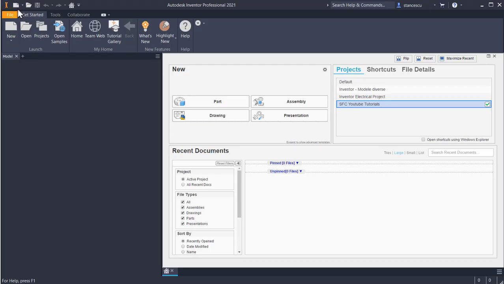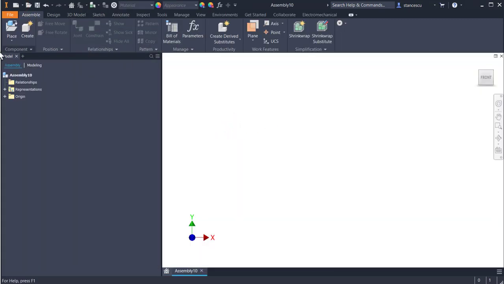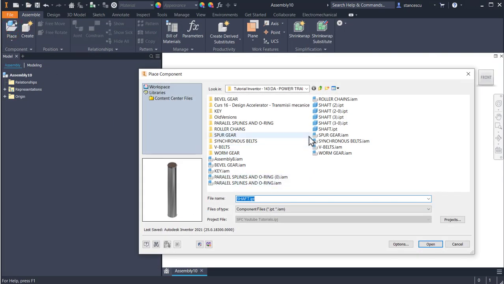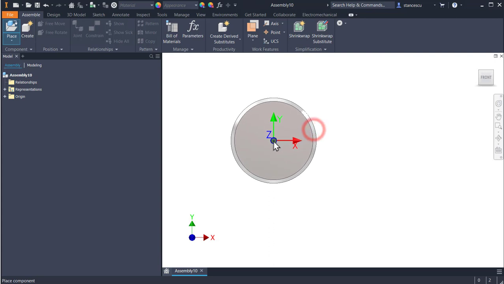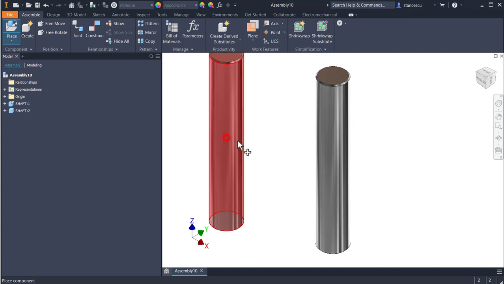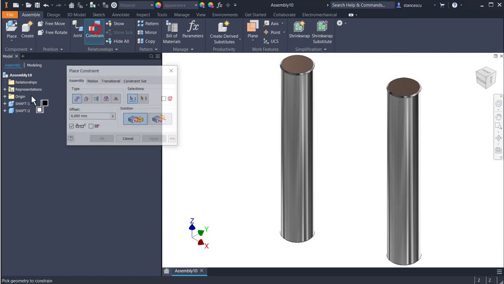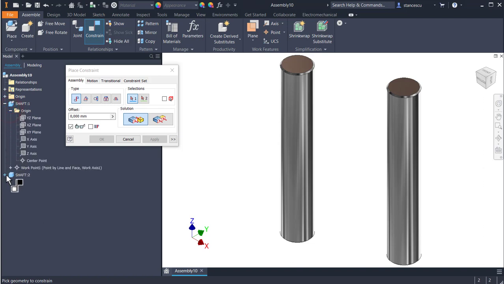Next is the worm gear. We start with the same template. We place the first shaft grounded and the other here. Then we constrain them by applying